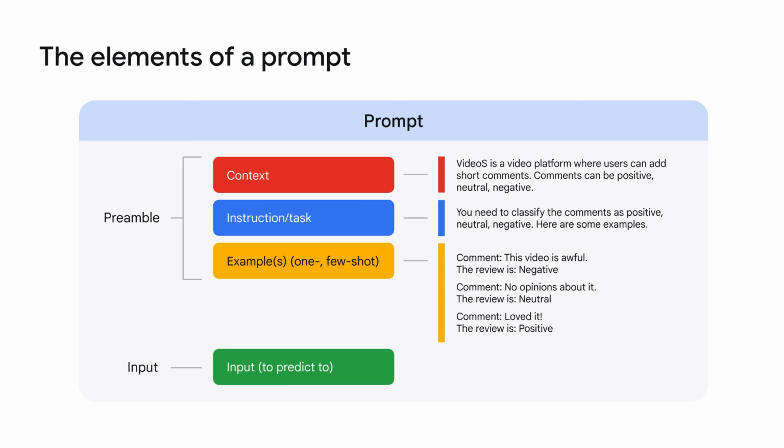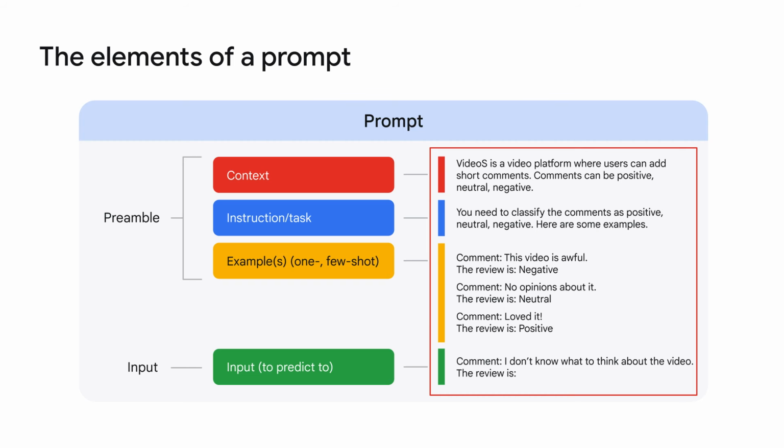The input is the central request you're making to the LLM. It is what the instruction or task will act upon. In our example, the input is, "Comment. I don't know what to think about this video." The review is... Based on the preamble, which includes context and some examples, Gemini reviews the input and suggests if the review is positive,